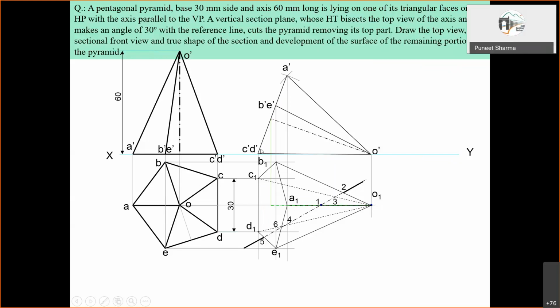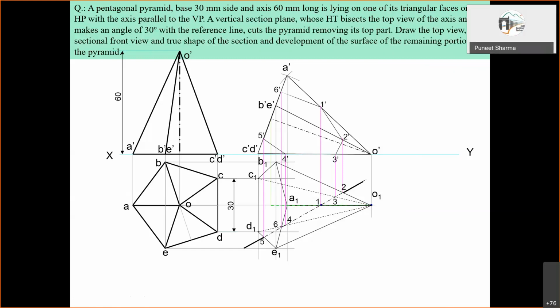Of course, as such it is on this single line in this view. Then this 4 is on this O1D1. O1D1 is here, O dash D dash is here. So from 4 we'll go to O dash D dash. Okay, so like this we'll draw all this. So O dash D dash is located here, right? Intersection point 4. Then 1 on the OA, right? Then 3 on OC, and on OB we locate this 2. So these all points we get in the front view.